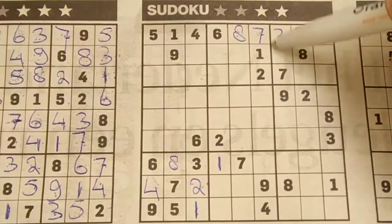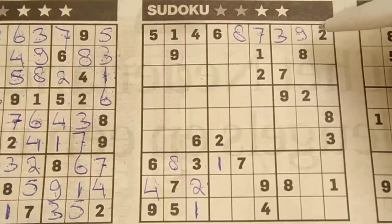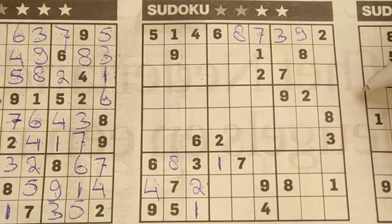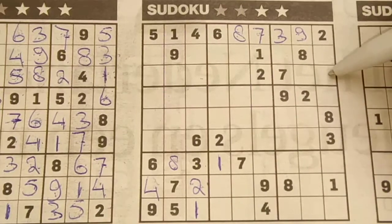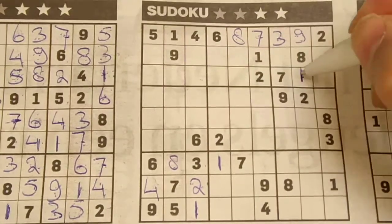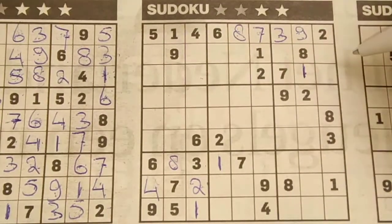In this big square, 4 missing numbers. One of the missing numbers is a 1. I see here 1, so no 1 in these 2 boxes. I see there 1, so no 1 in these 2 boxes. 1 box remains for the 1, should be this one. Then